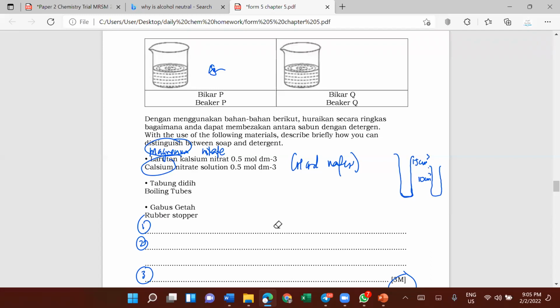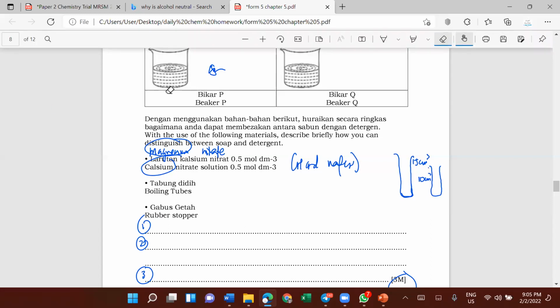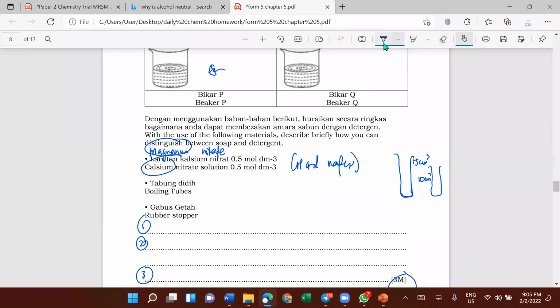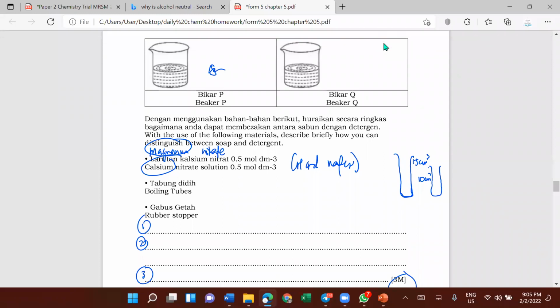So maybe what teacher will actually do is do it separately. All of you write down teacher's sentence here. Let's do it step by step. For 3 cubic centimeters of the solution from beaker P